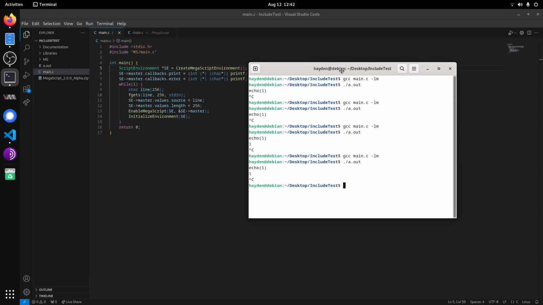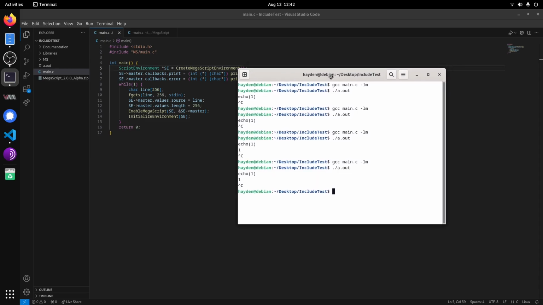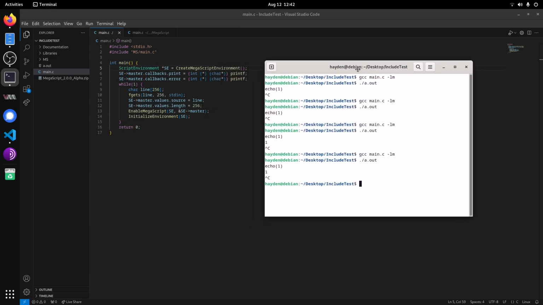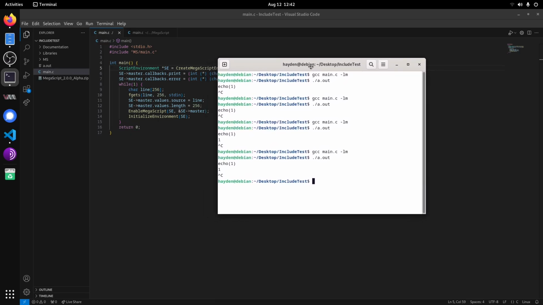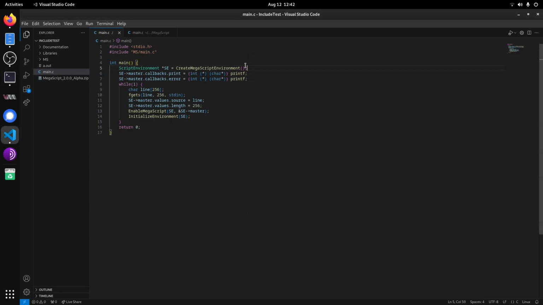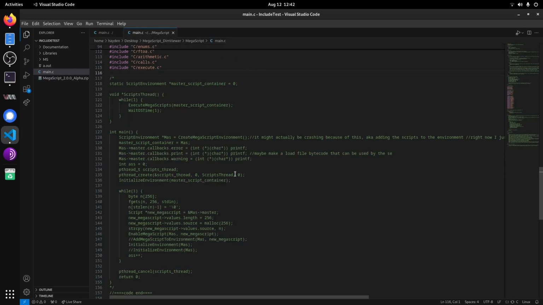So right now, for some reason, the initialize.mega isn't working. So right now, if you want to use it, just delete that, and that'll work. Oh yeah, I think it might be because I did not actually initialize it after